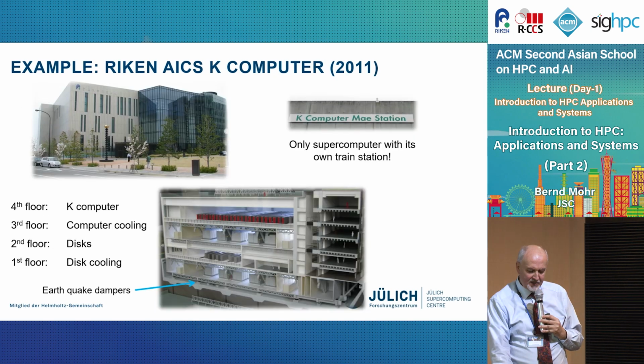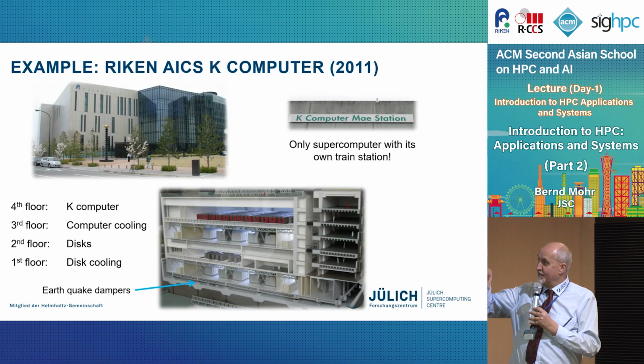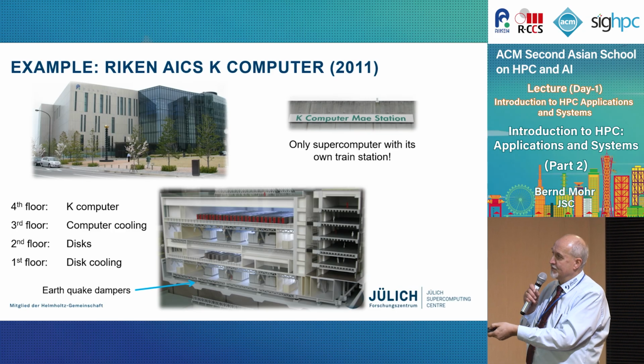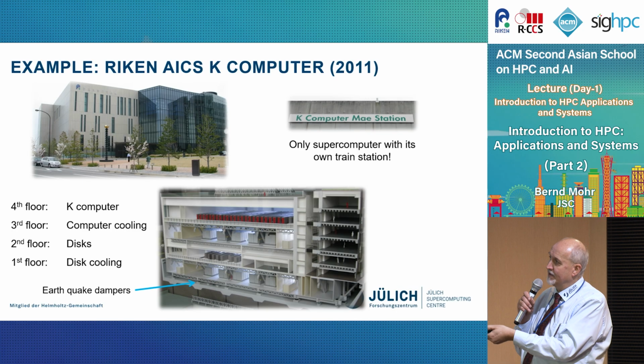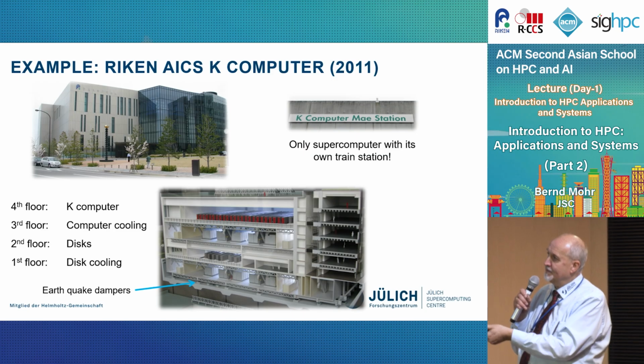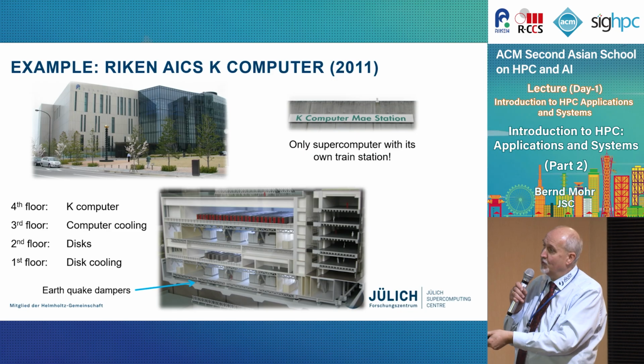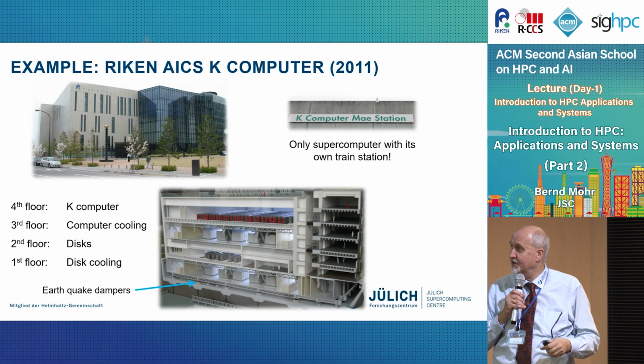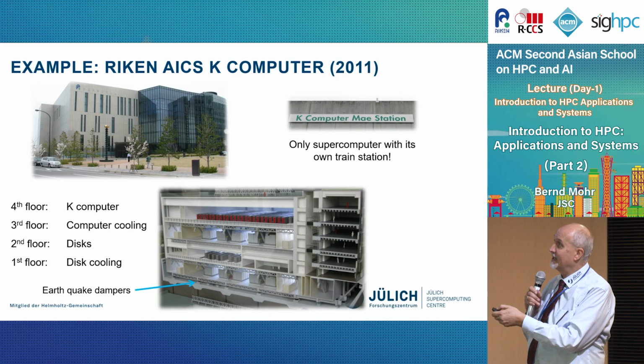And there are some notes and other information. You'll also see there's a small model on the first floor. The building is actually 4 floors. In the upper floor, you have the computer. Below it is the cooling for the computer. Then on the second floor, the disk system, and on the first floor the cooling for the disk system. So all this white box on the left side is that computer. At some point, it had its own